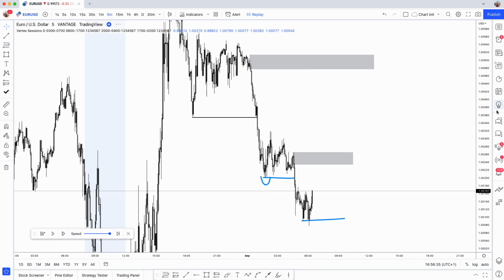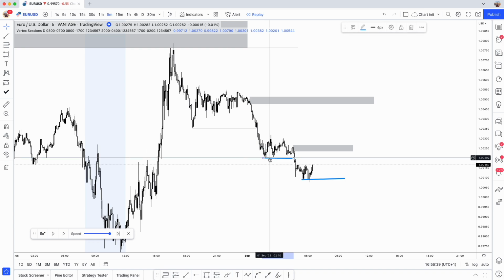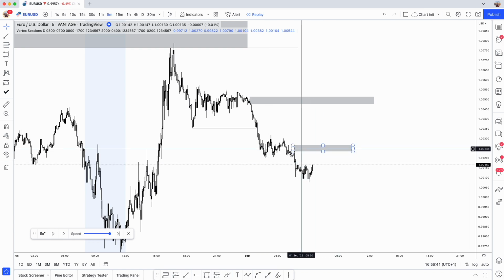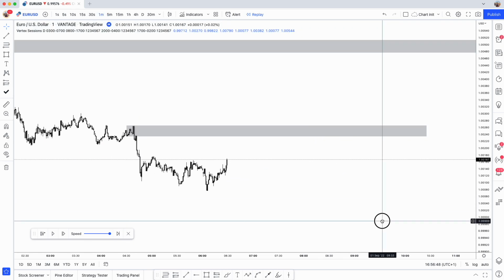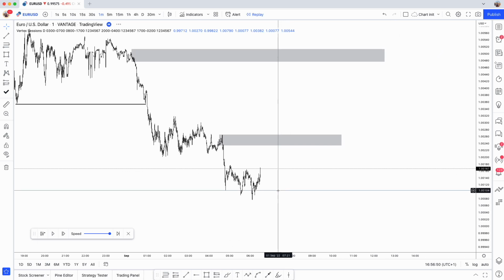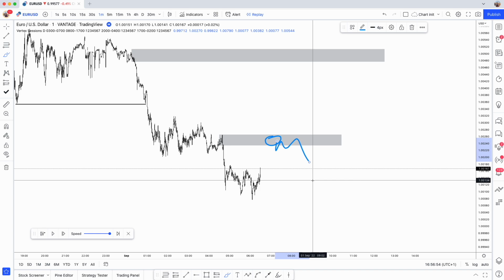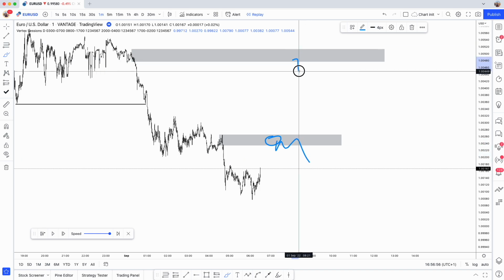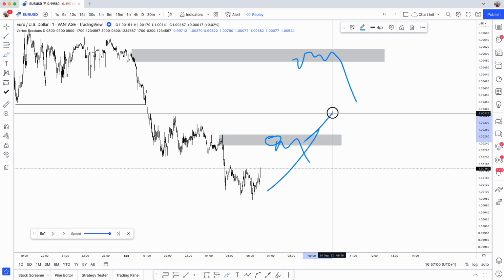Should it react? But obviously, because I accidentally went a little bit forward, I've seen that it completely blows through this one. And then we can go to our 1-minute time frame now, because this is our entry time frame that we're going to be using. Essentially, our plan is to wait for a bearish reaction here or going forward. Either one of these two is going to be fine, but we're not going to look to go long.